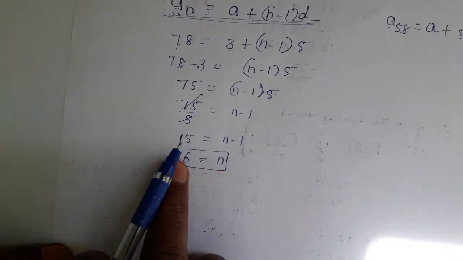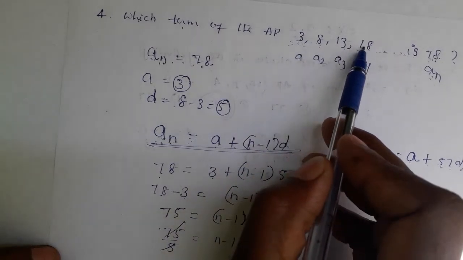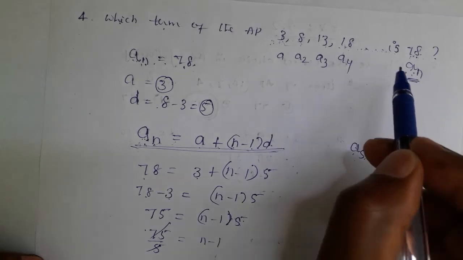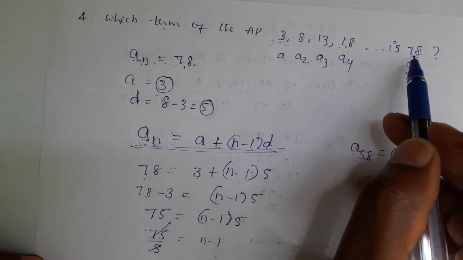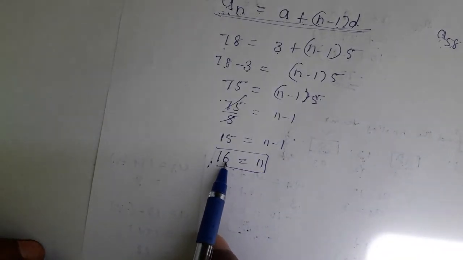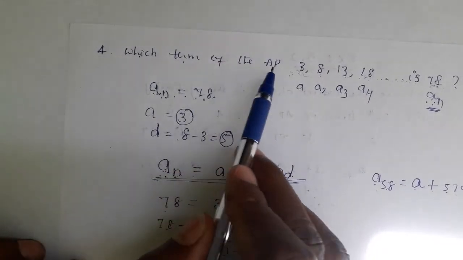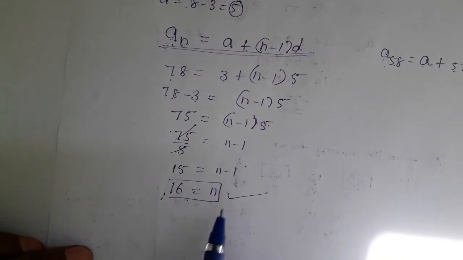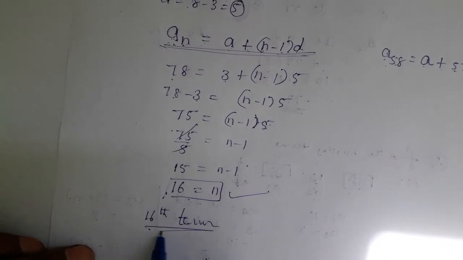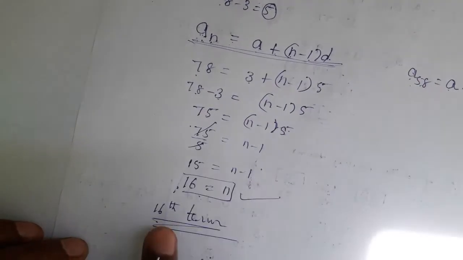Got it? Because once we get the N value 16, this is the first sitting A1, A2, A3, A4, like that, for him we can say A16. Actually this was an unknown AN before, but now it is finished. This is not AN, it is A16, because his position is found to be 16. Hence, which term of an AP, that was the question, no? So we have to write 16th term. That is the answer, 16th term. Before, 78 was which term? Unknown. Now it is the 16th term.